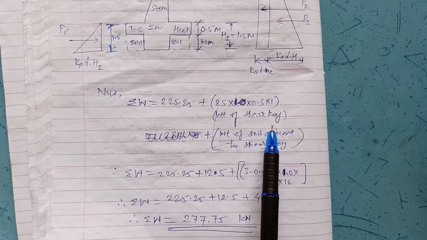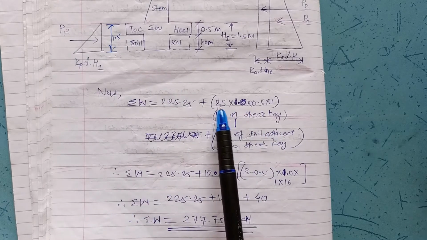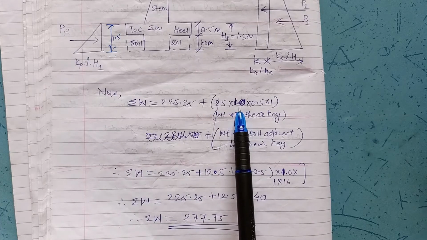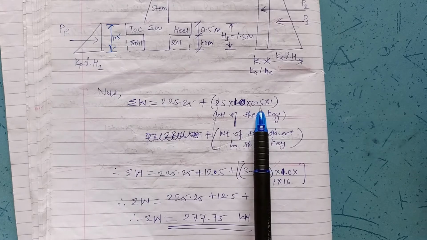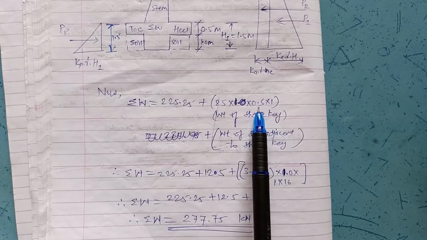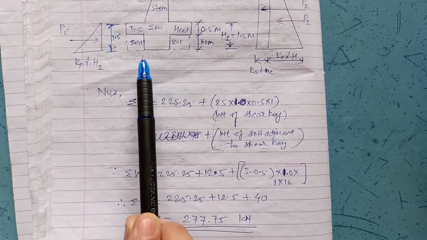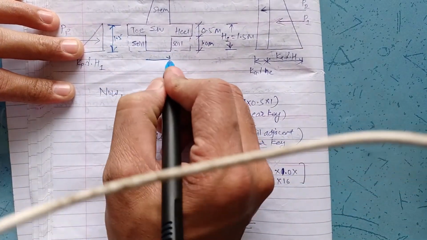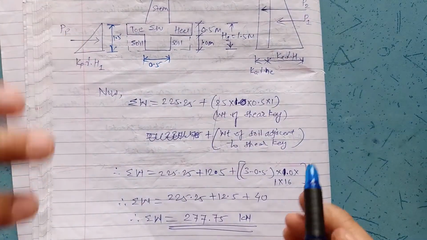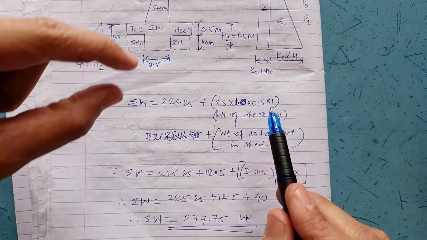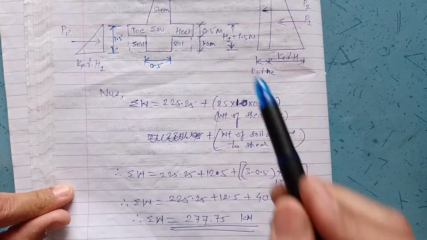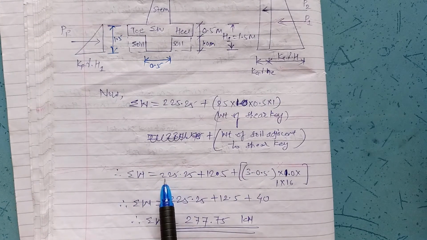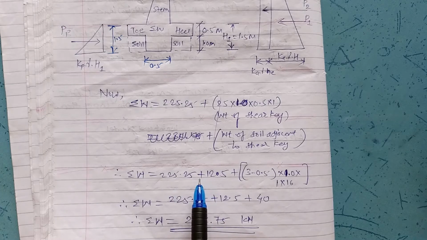Here the weight of the shear key is nothing but 25, the unit weight of concrete, into per meter length of the slab, that is 1 meter, into 0.5. 0.5 is nothing but the width of this shear key, and 1 is nothing but the depth of the shear key, that is 1 meter. Hence total W acting here will be 225.25 plus